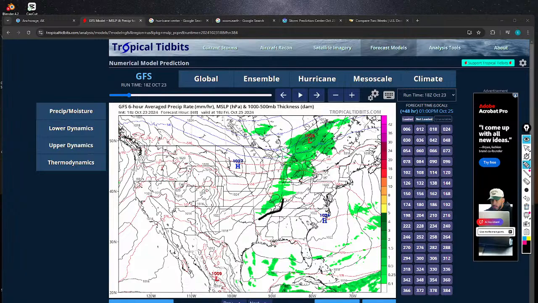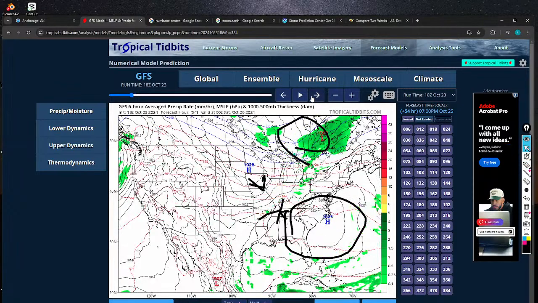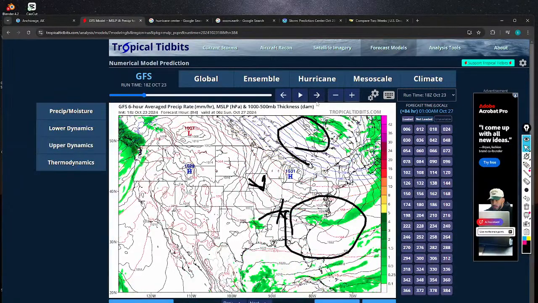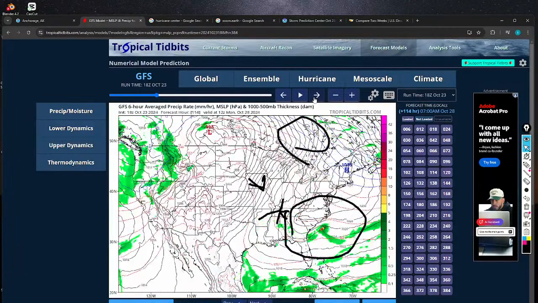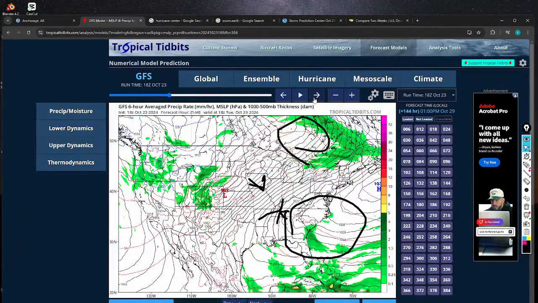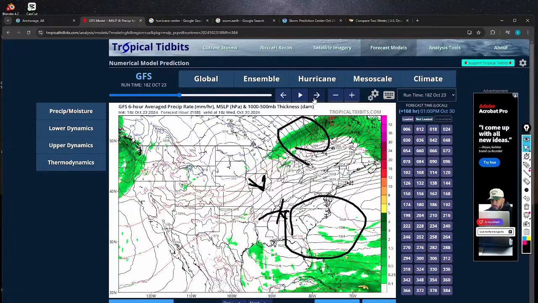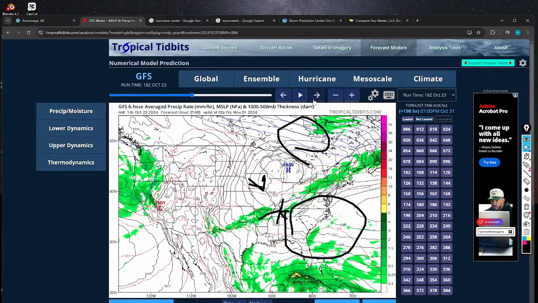But you can see that this high pressure system right here seems to be pushing on this little storm system, including this one from the north that's pushing it this way. So it's basically one low pressure system that's pretty much dying, and there's two high pressure systems that are kind of moving in a similar direction, but the high pressure system just disappears. And that high pressure system disappears, and then there's new low pressure, but that one moves up north.